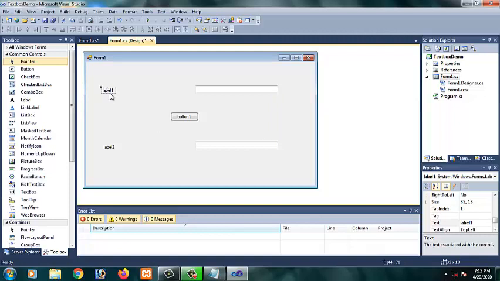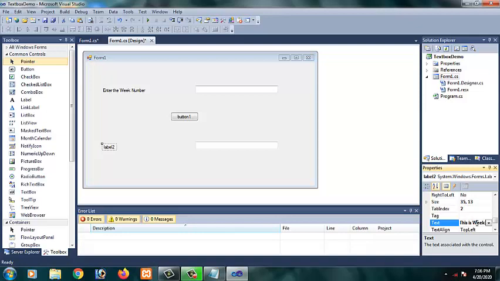Let's change the caption, that is text. So click label 1. Here I'm giving it as "Enter the week number". Okay, second label, to show the week name of that respective number. So this is "Week name", and then for the button, I'm changing the text as "Show the name of the week number",